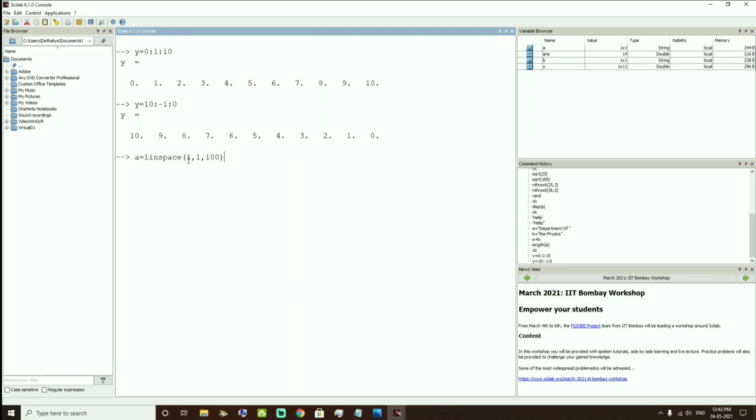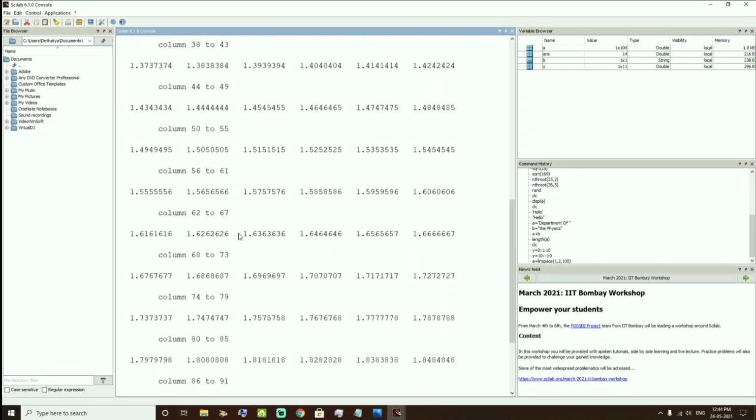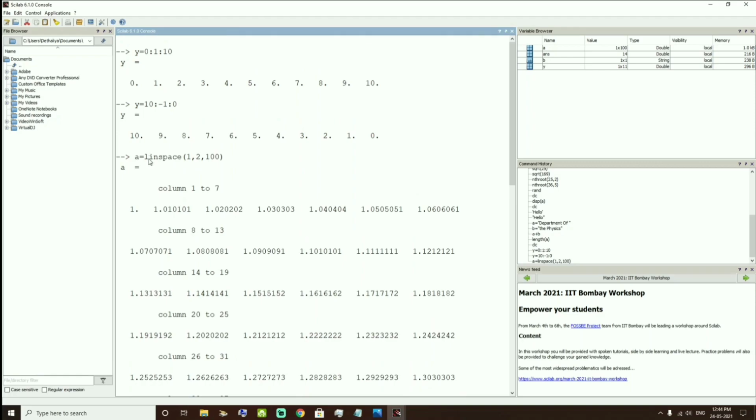From 1 to 2, 100 values, here interval like 2, from 1 to 100 values in the interval of 2. Okay, enter, we will get the answer A is equal to in interval 2,